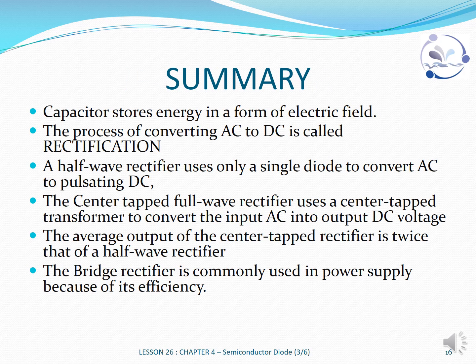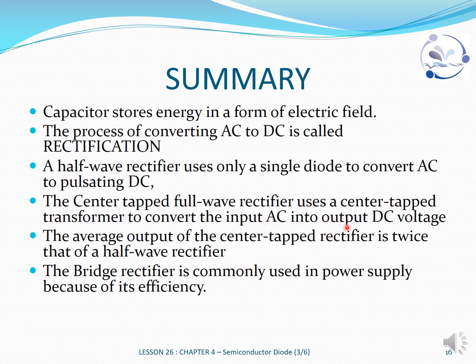Summary, a recap quickly. A capacitor stores energy in the form of an electric field. The process of converting AC to DC is called rectification. A half-wave rectifier uses only a single diode to convert AC to pulsating DC. The center-tap full-wave rectifier uses a center-tapped transformer to convert the input AC